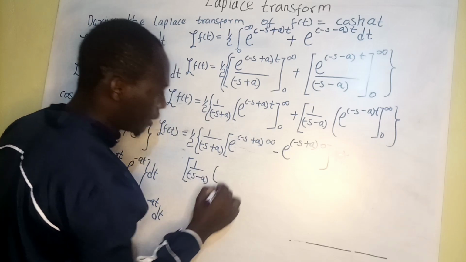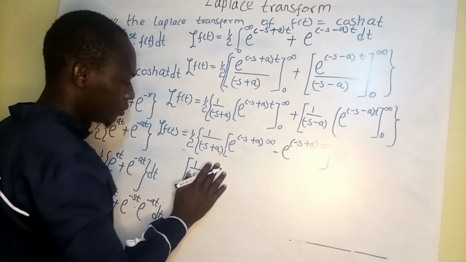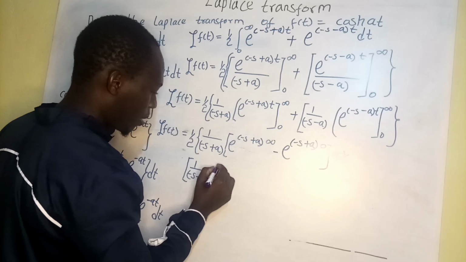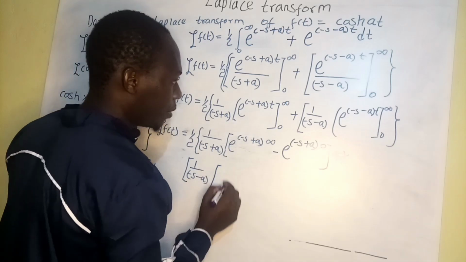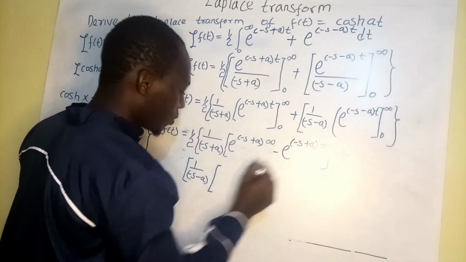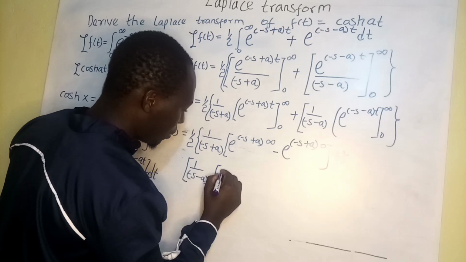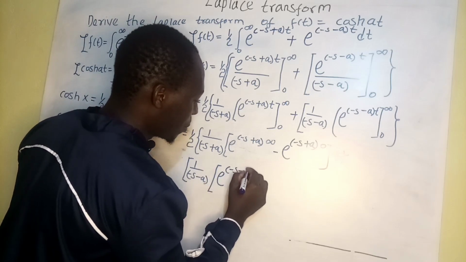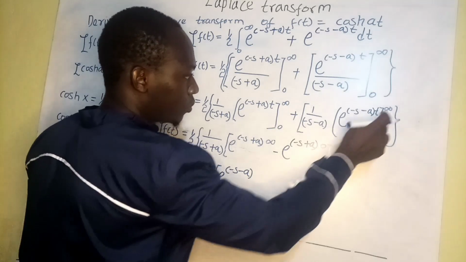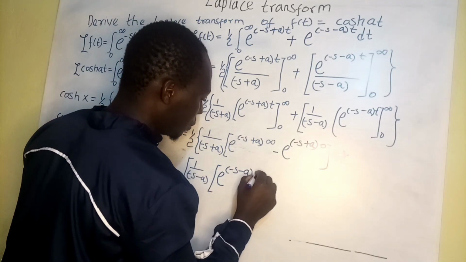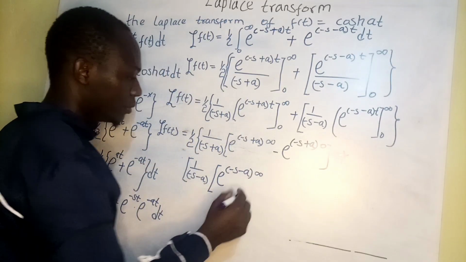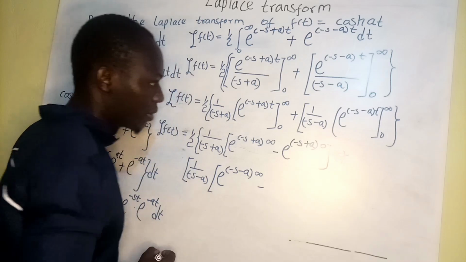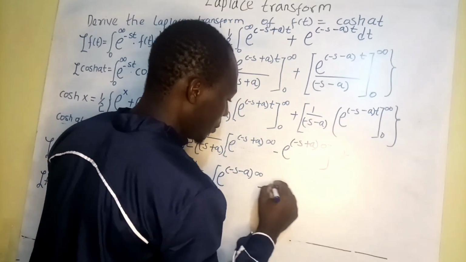We come and multiply by exponential negative s we subtract from a. We insert the upper class limit which is at infinity. We subtract from the lower class limit